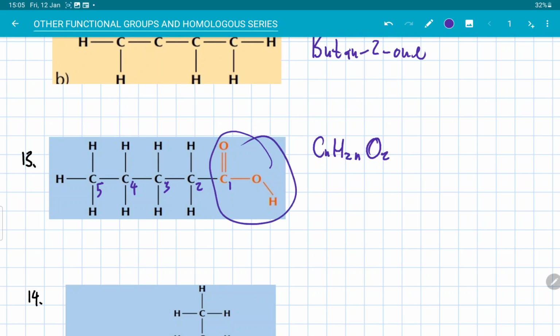Now, again, just like aldehydes, carboxylic acids always have the functional group at carbon 1, people, always. It's at the terminal carbon. And because of that, we don't mention the position of the functional group. So this is going to be pentan-